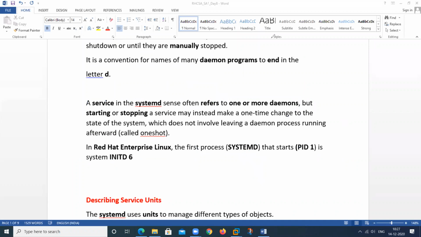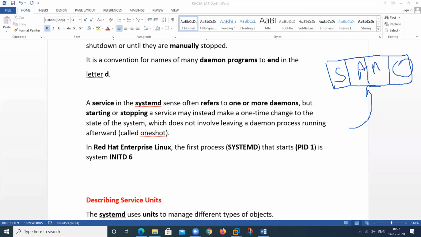So how does systemd control all the things? By using some units, it can control the whole thing. It means, suppose we have a company. In this company, we have different departments. So by using these different departments, we can control all the things of this particular company. Suppose this is my sales department, this is my accounts department, this is my management department, and these are other departments.